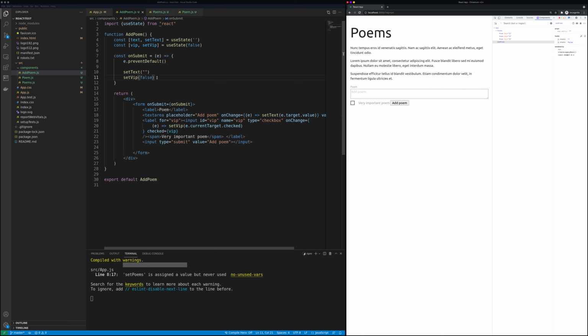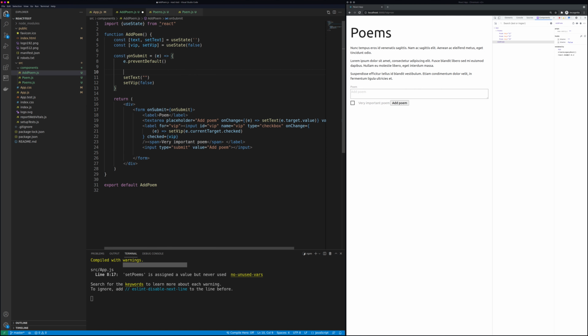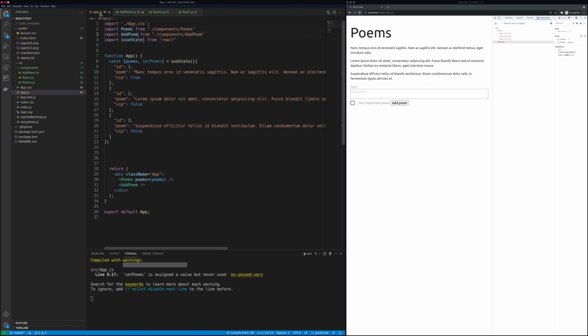So we do not need to use any JavaScript command to get element by ID, this input element and this checkbox. But we can just use these methods, and React will automatically map the values to the HTML elements that are visible in the browser. So then we need some kind of a way to add these values to this array. So let's add a function here